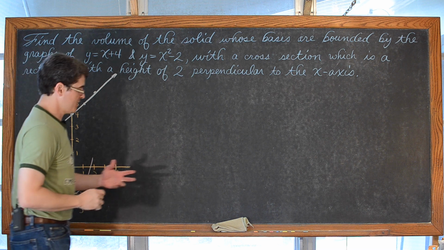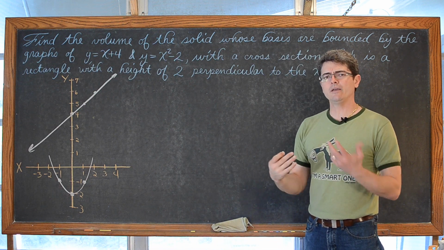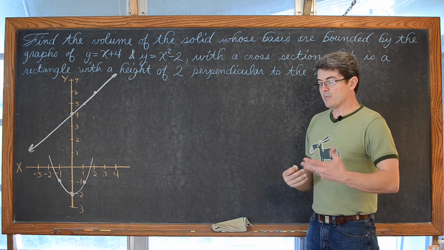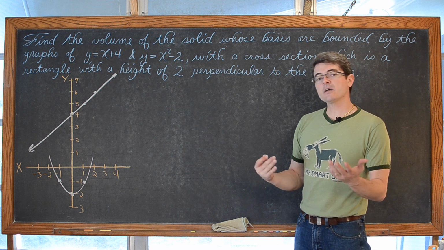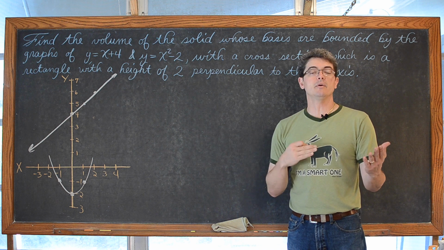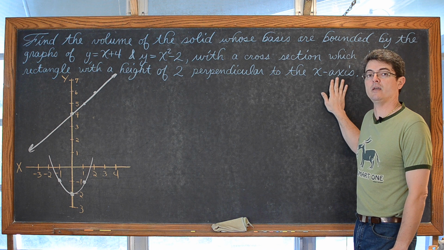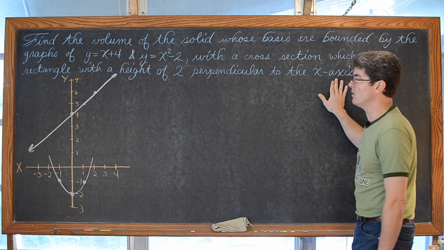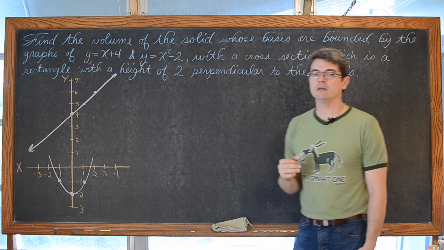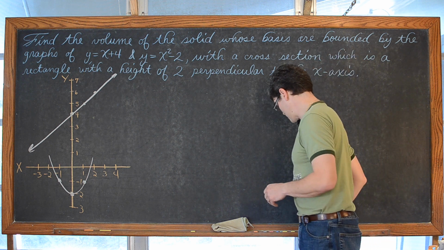Now, I don't want to finish that parabola because clearly these two functions are going to intersect. And like our earlier section finding the area between two graphs, we had to find the intersection points so we could figure out the lower and upper limits of integration. Now, this is perpendicular to the x-axis, so we're going to be integrating with respect to x. So really all I need are the x values where they intersect.